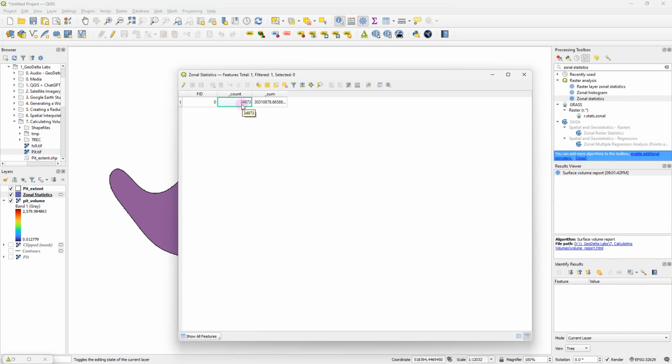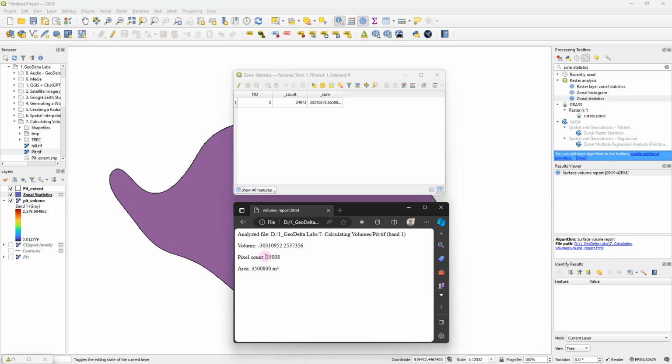many pixels got added up together in order to arrive at this value, which is the summation of all the volume pixels, which happens to be 30,310,878. Now, if I compare this value with the value that we had from this surface volume report, right over here, you can see that the pixel count was 35,008, and in this case, the pixel count was